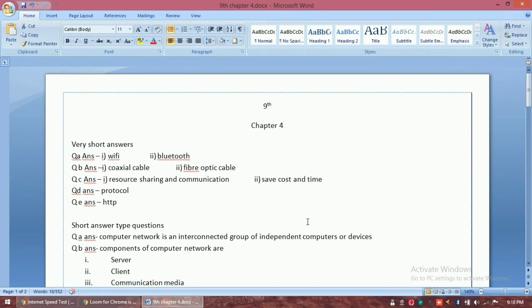Next feature is the track changes feature. Track changes means whenever you make changes in your document, Microsoft Word automatically displays those words or those sentences in red color. So this is the track changes feature of Microsoft Word.